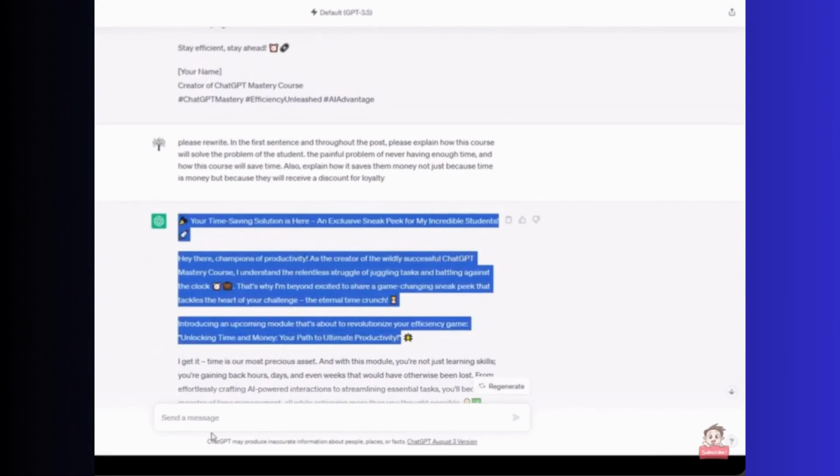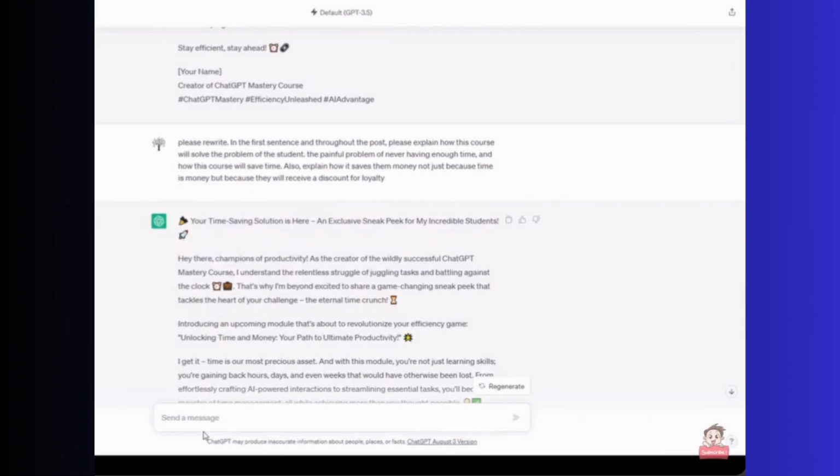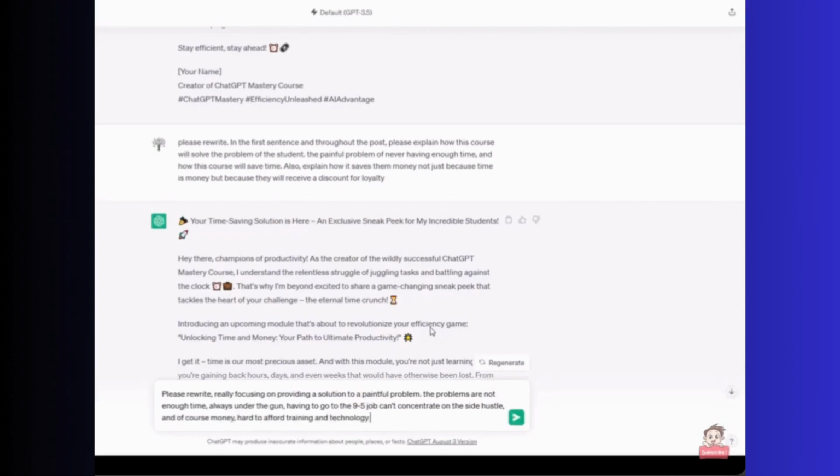I'm also going to introduce a term like white space. White space is all that area in between the writing and the words that allows somebody to quickly read what it is, and that seems very wordy to me. And there are a lot of words in order to get to the point where they click a button to get access to something. So I'm just going to rewrite this and ask ChatGPT to add more white space.